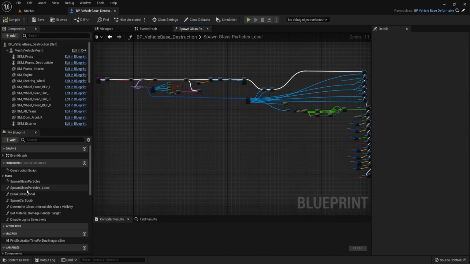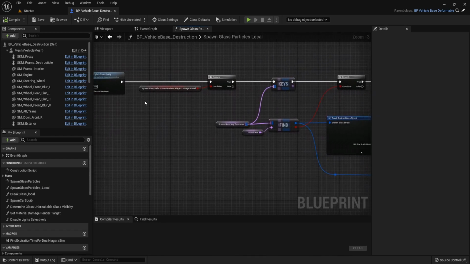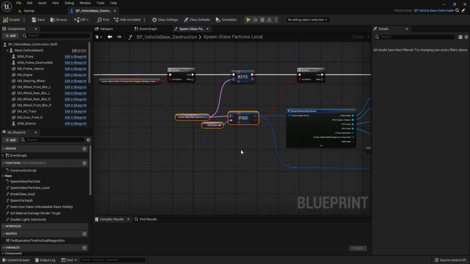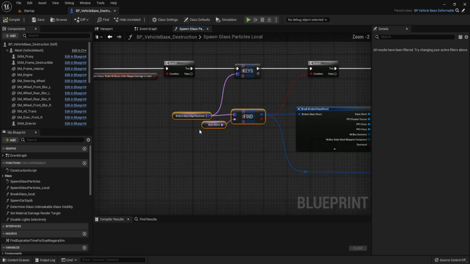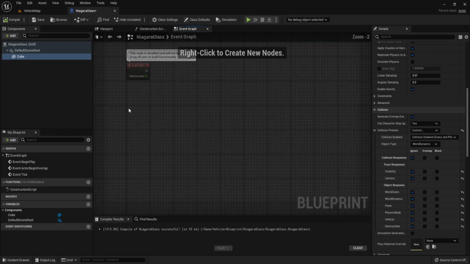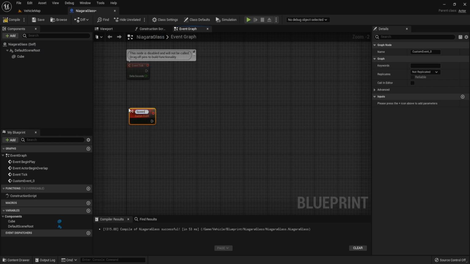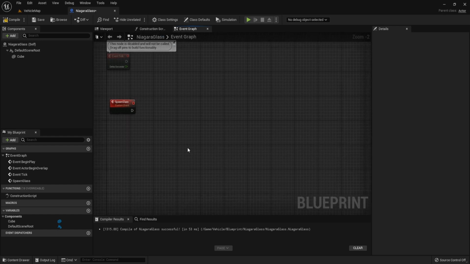Open this found glass particle local. And first, we copy this broken glass map parameter. Go to event, create a new custom event, name it found glass, and then paste it.